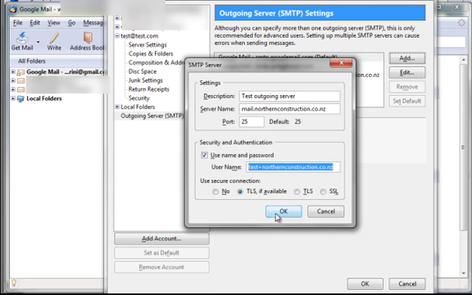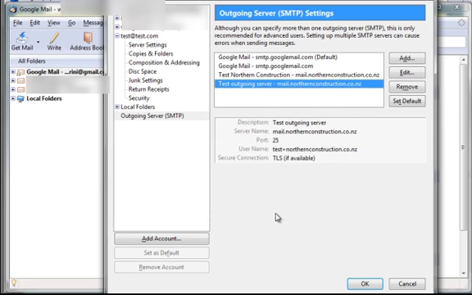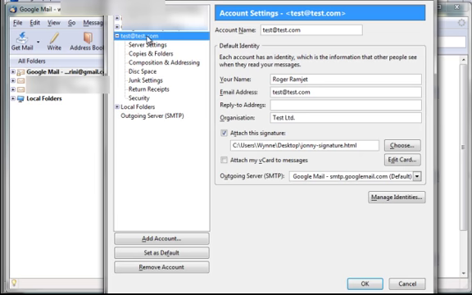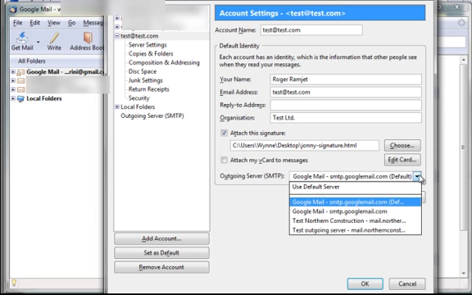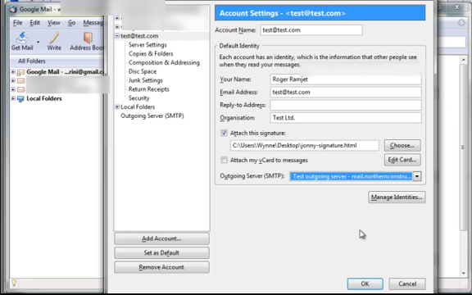So if you click OK, now last thing is we go back up to our original account, going into the left hand column there. I'm clicking on test@test.com, and I go back to this outgoing server SMTP figure, and I choose test outgoing mail server. Click OK,